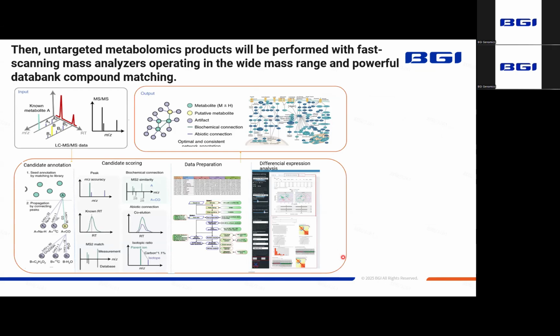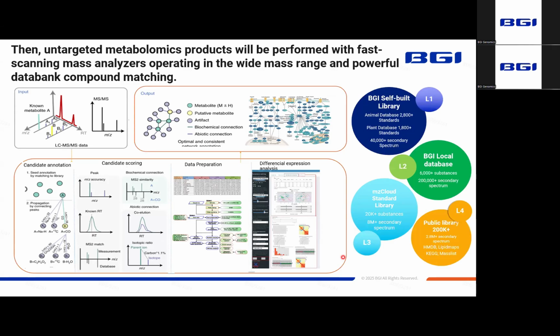In BGI, we have our self-built in-house library and local database, with information on 10,000 compounds saved in total. This databank is strictly aligned with our method, including gradient time, solvent used, the LC column, or the energy of ESI. Compared with other databases, the identification rate can reach 60% of detection.